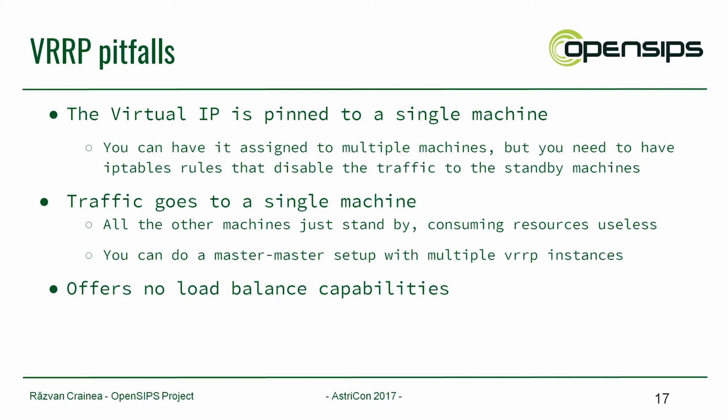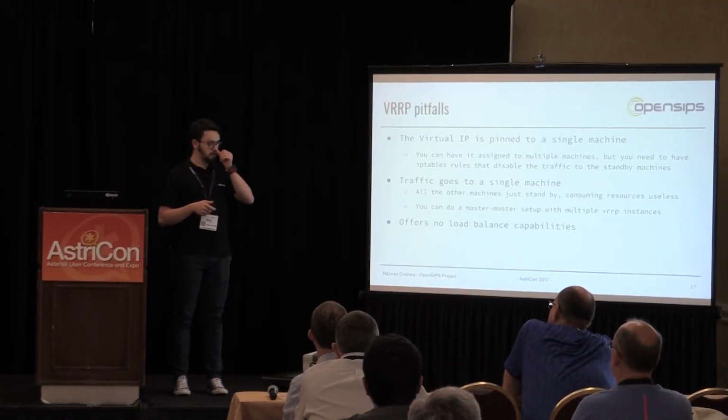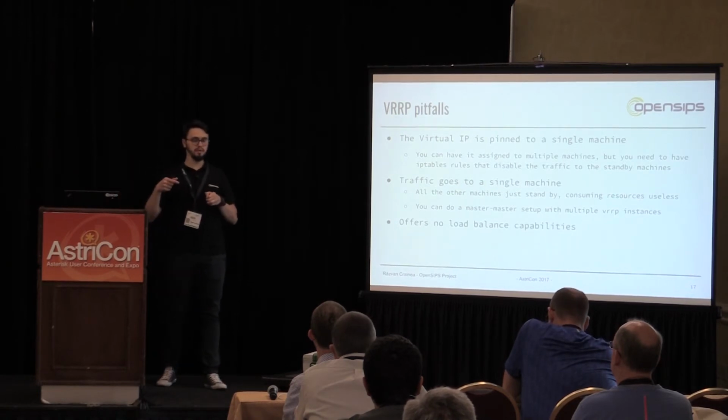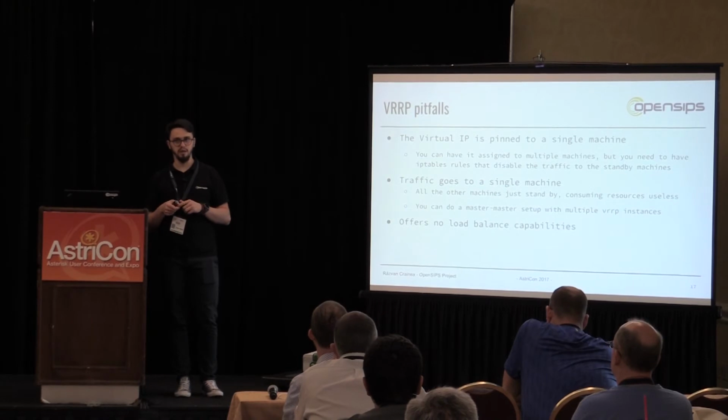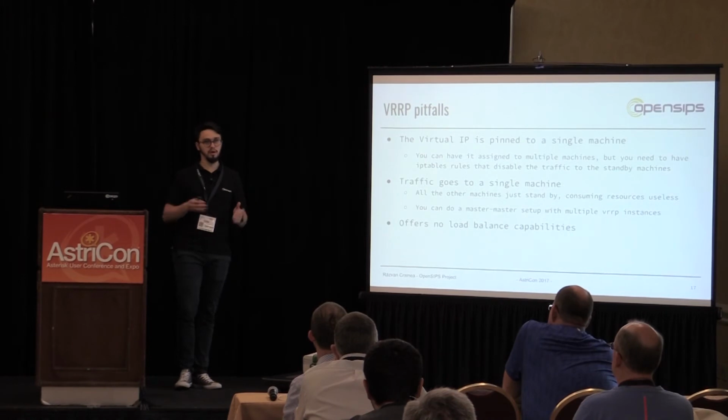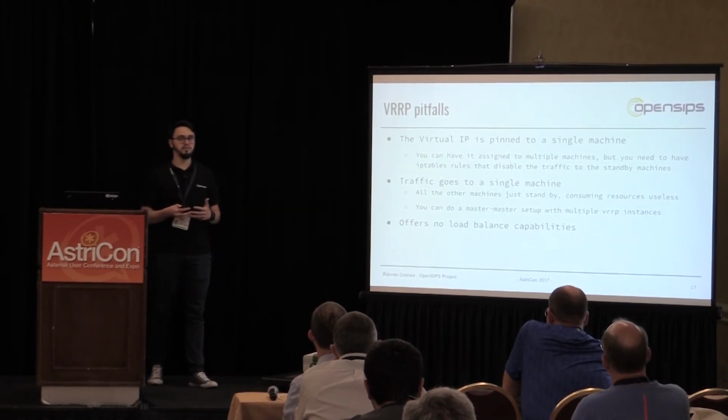Again, traffic goes to a single machine, so all the other machines are just standby. So this might look like a waste of resources, right? You can also do a master-master. So for example, if you have 2 instances, you can do a master-master setup, but you will need multiple VRRP instances, and you need to play with the IP tables rules in order to always disable the IP tables rules from the active machine and enable it on the backup one. It's not that hard. It's doable. We are using it, but you might run into some